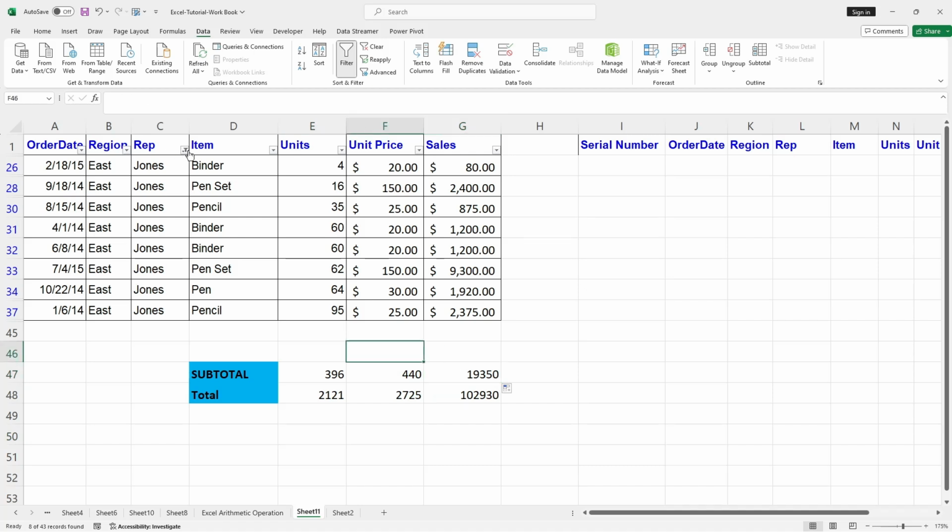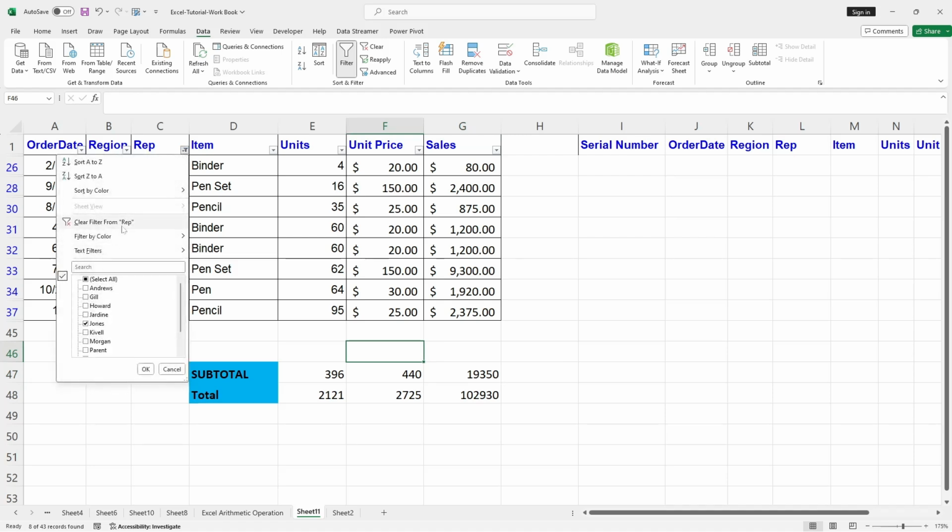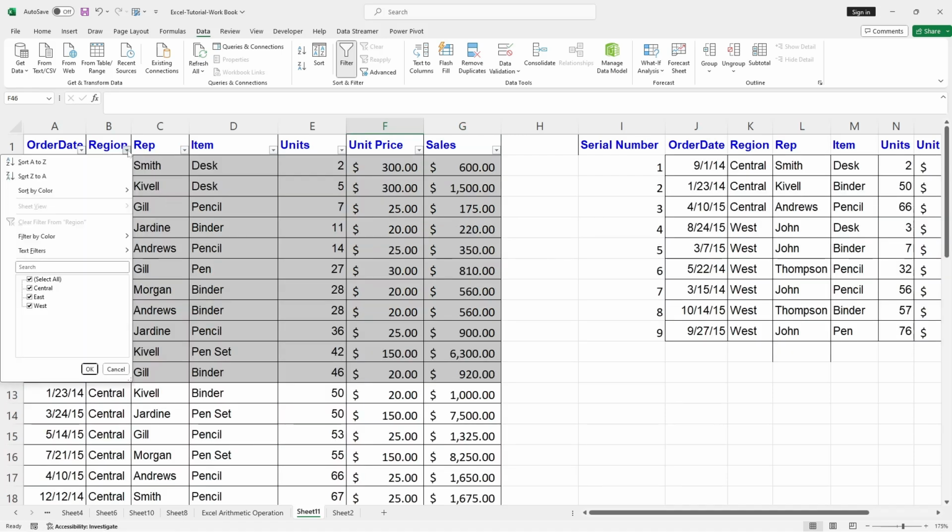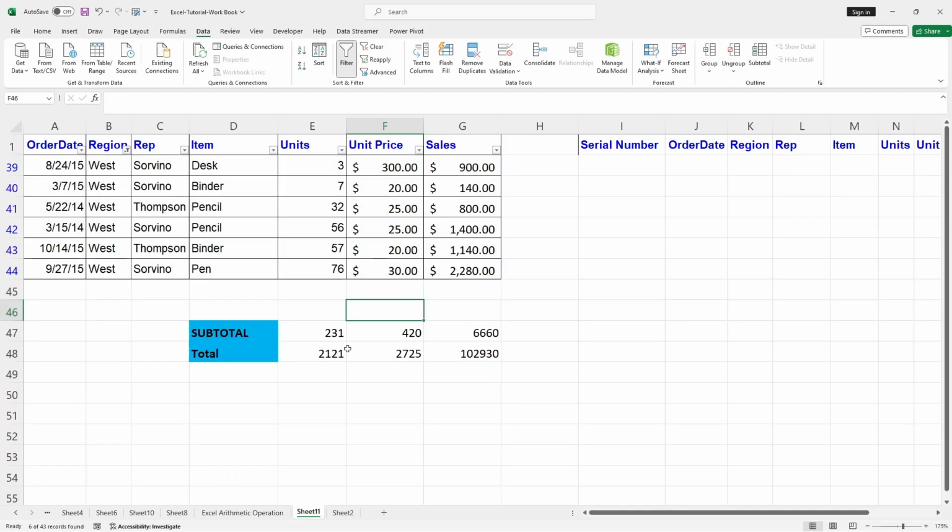If I remove the filter and only apply the filter for the West, I need to get the total for the West. 231 is the units for West and 420 is the unit price at which the units have been sold, and total sales of